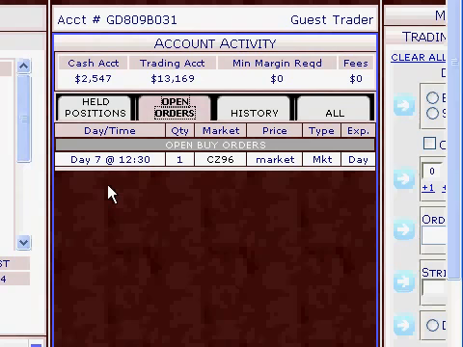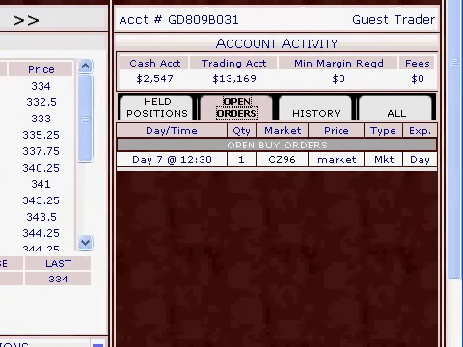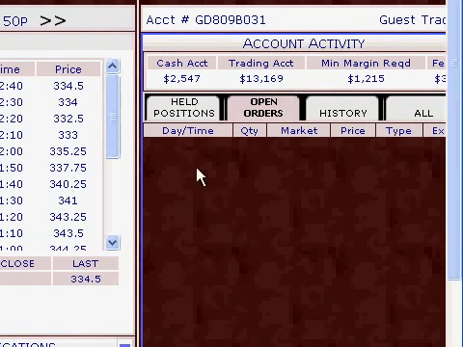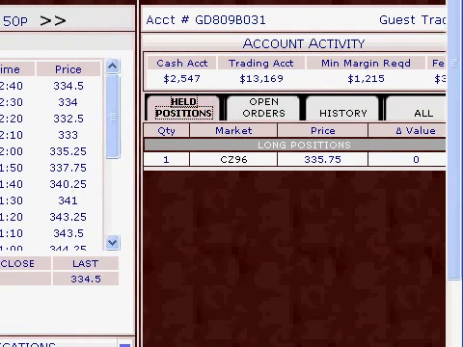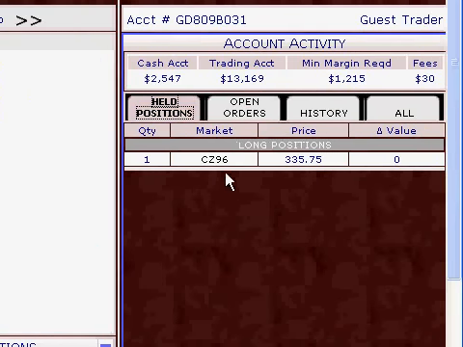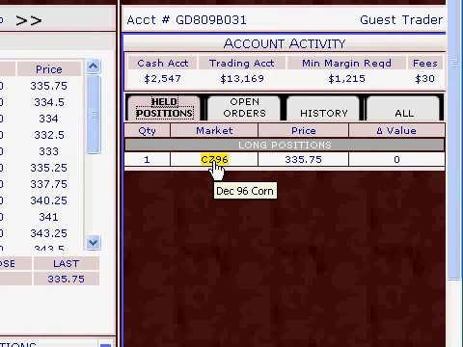Notice that we intend to go long on the contract, meaning it's a contract to buy something. A contract to sell is called going short. And there it goes, and now we go to the held positions window, and there it is. We now own one contract of December 96 corn, 5,000 bushels of corn, no less, at a price of $335.75, which is actually $3.35 per bushel. So the broker is now holding $1,215 from our trading account, and that's just a security against